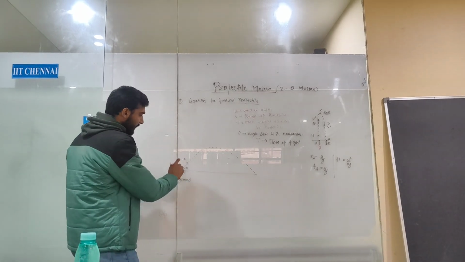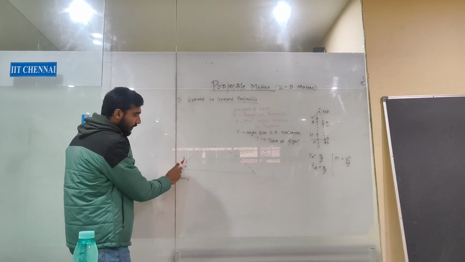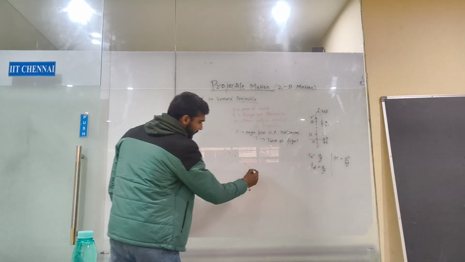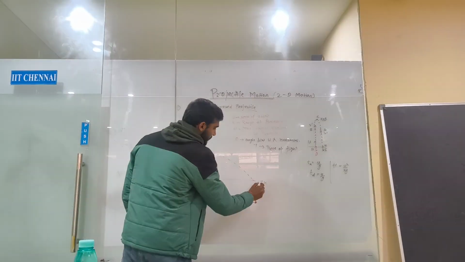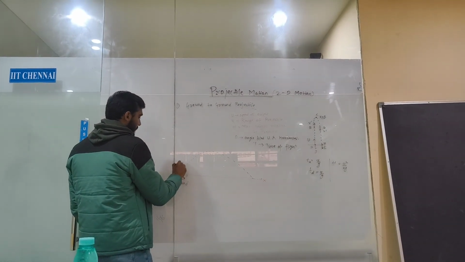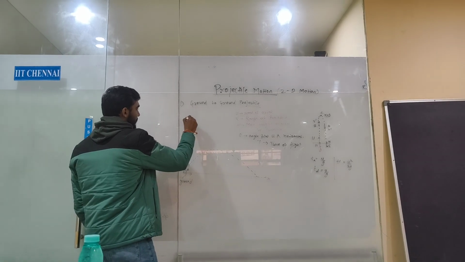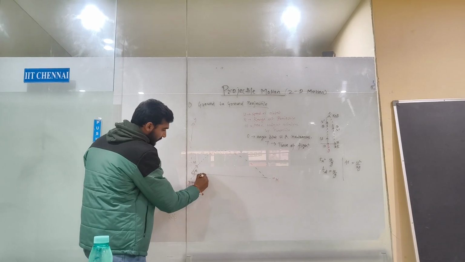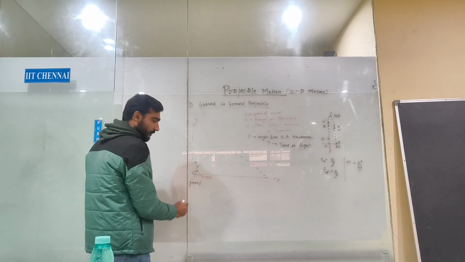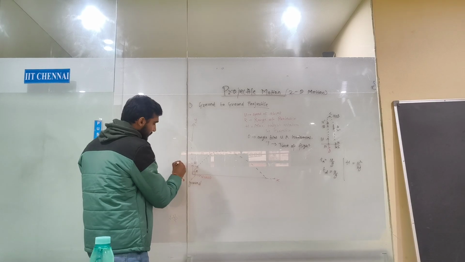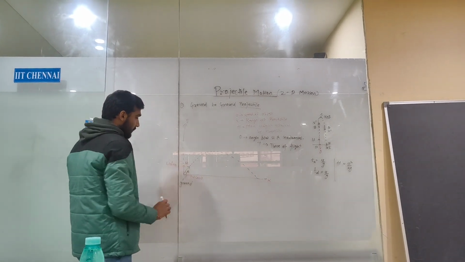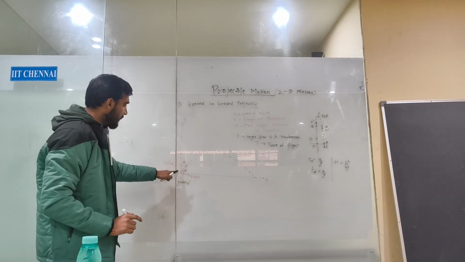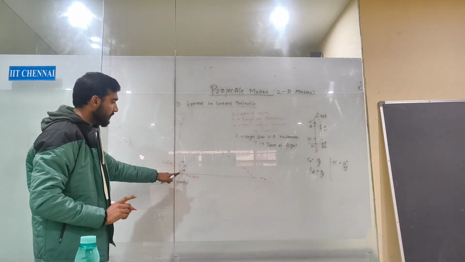Now, first of all, we have to make the components of this velocity. I am considering this direction as the x-axis, and this direction as the positive y-axis. We make this component in the x-axis. What is this? u cos theta. In the y-axis, it is u sin theta. Yes or no? So now this u doesn't exist. It is divided into u cos theta and u sin theta,